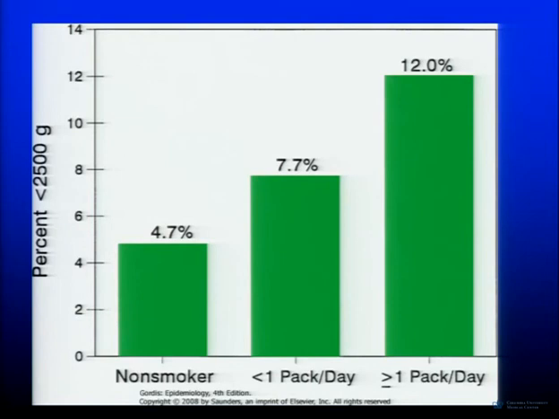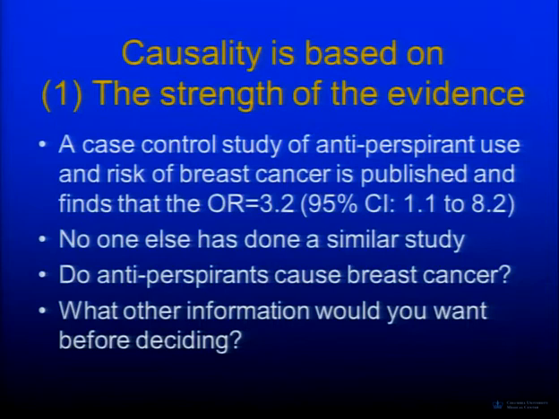And on the basis of this data and some others, this is pretty much considered a causal relationship. There's been a lot of studies that show it. They tried controlling for a lot of the confounders that you mentioned here in class, and they still saw the relationship. So when we think of causality, it's based on a few different things. One of the things is, what is the strength of the evidence that you're seeing?